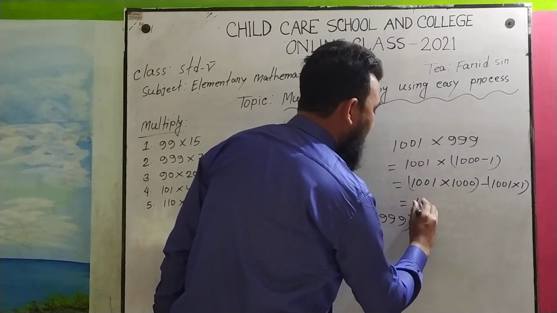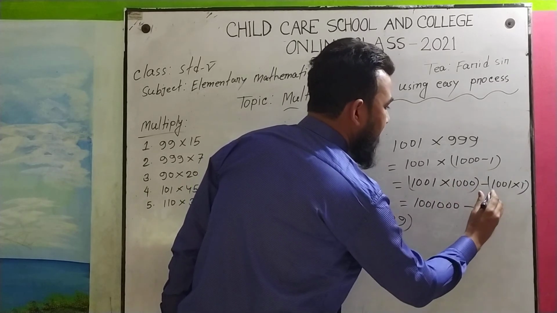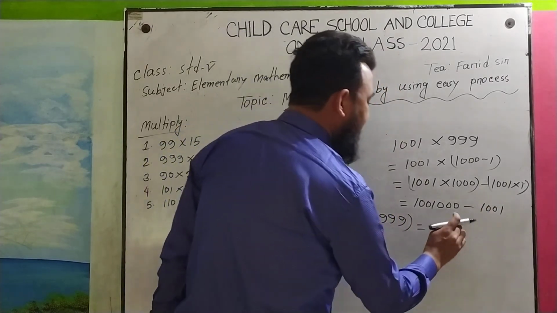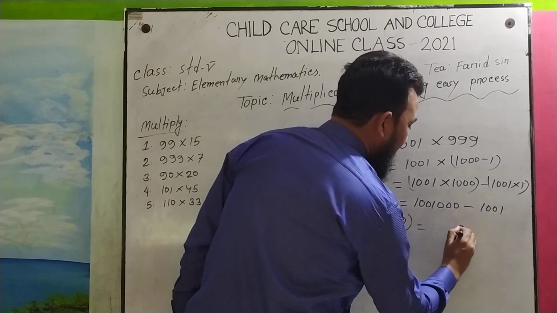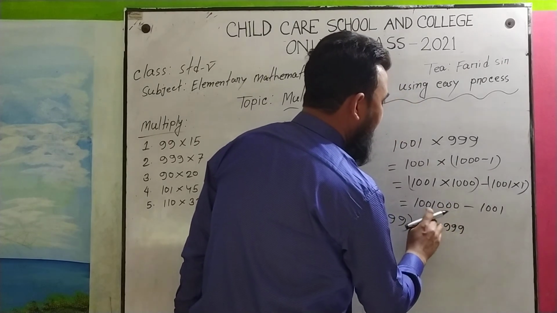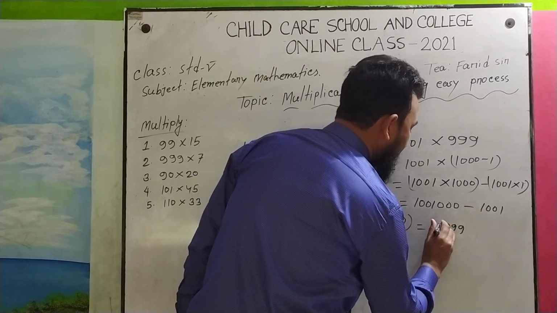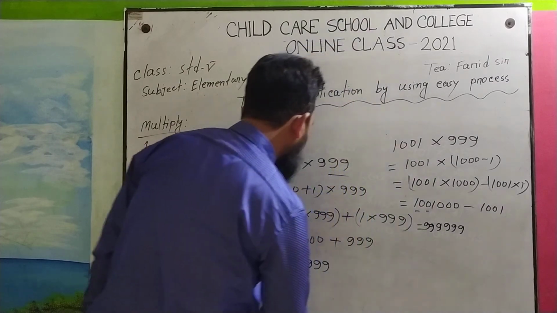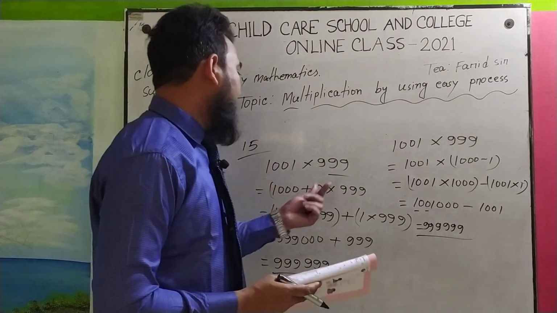Then what will be? Look here, 1001 and there are 000 and minus 1001. Now we have to subtract this. Look, here is 10. If you take this 10, 10 minus 1, 9. And we know that both these are now 9. Okay. Now here is, look, this also now 0, 10. 10 minus 1, it will be 9. And both these and these are 9. So the answer is the same. So if you follow any way, then you will get the same answer.